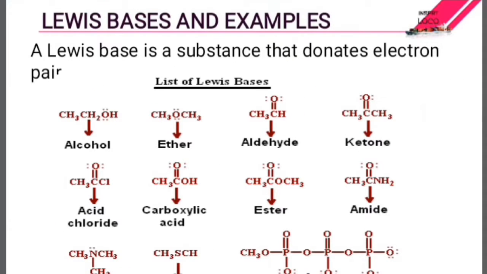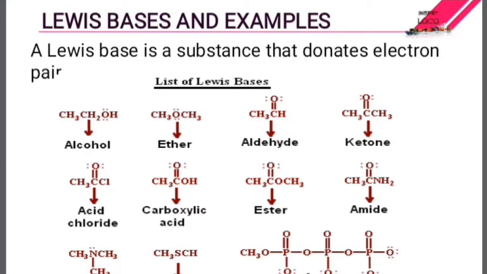Let's now discuss the concept of a Lewis base. A Lewis base is a substance that donates an electron pair. It is important to note that the Lewis definition of basicity in a compound is quite similar to the Bronsted-Lowry definition. A Lewis base has a lone pair of electrons that it can donate to a Lewis acid for use in